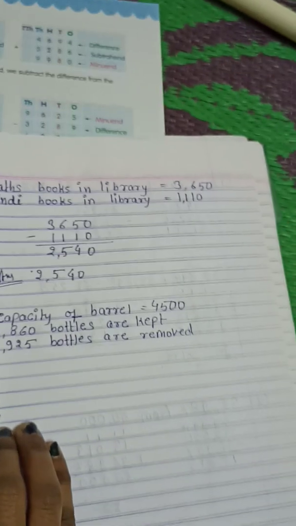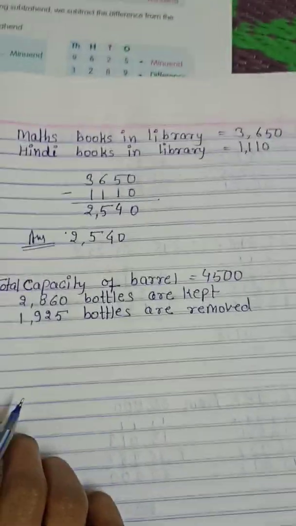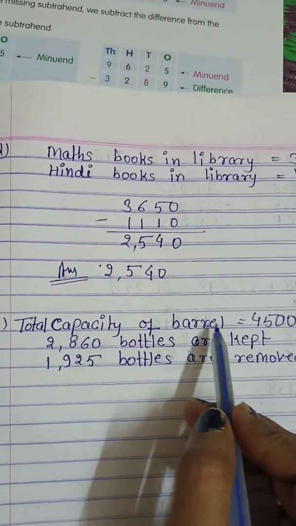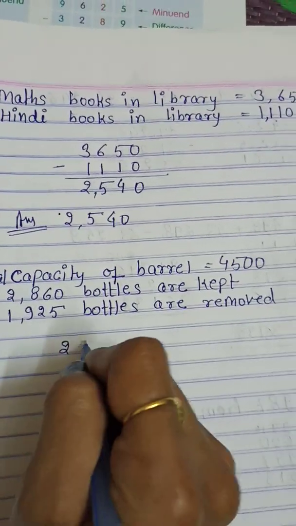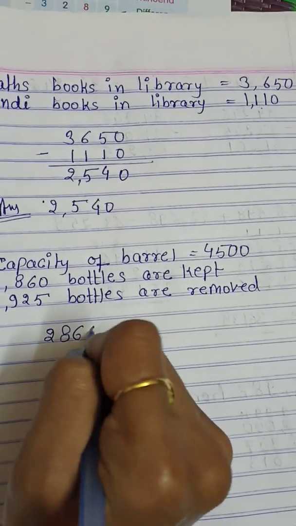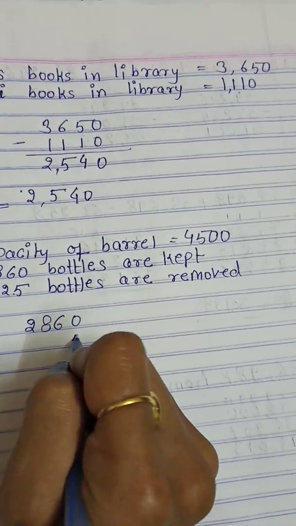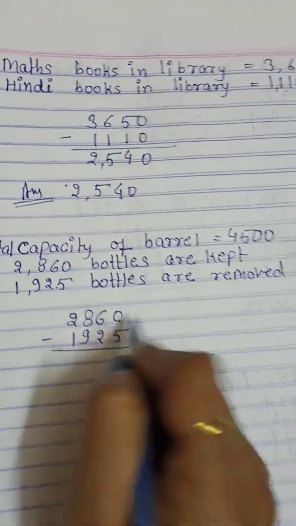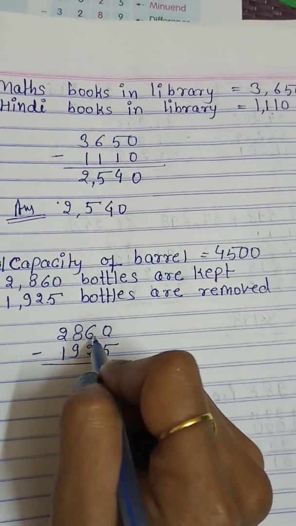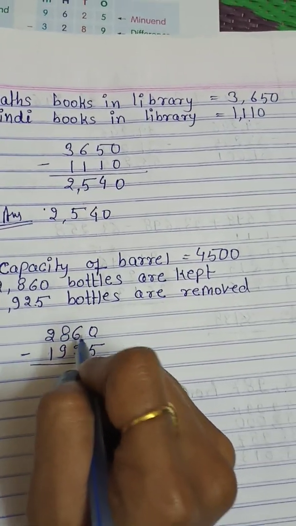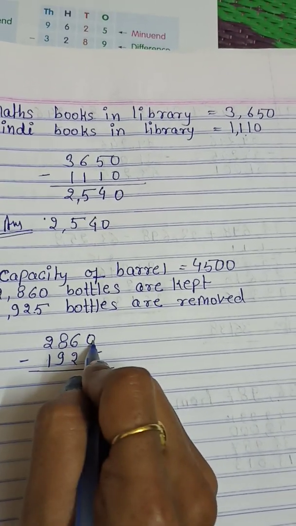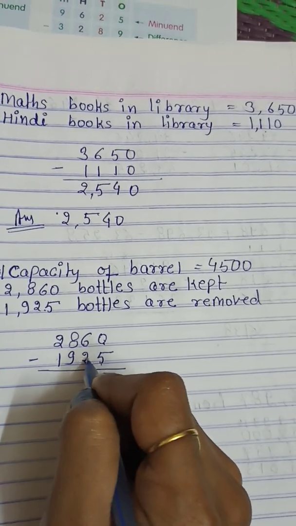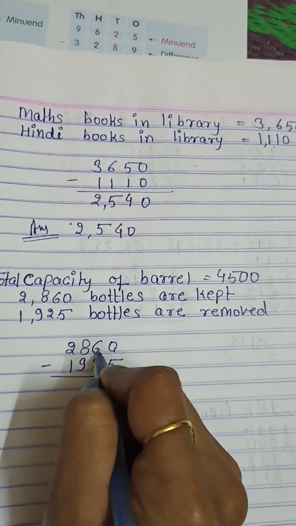Okay, so we have to get our answer, how many bottles are there in the barrel. So what we can do, we have to minus this number from this number, 5291, minus it. Here you have 0. What we will do, we have to take a borrow from 6. We have 10 here, minus 5, what we get, 5. Here we have 5. Now what we can do, minus 2 from 5.